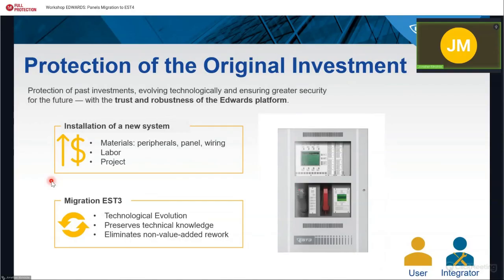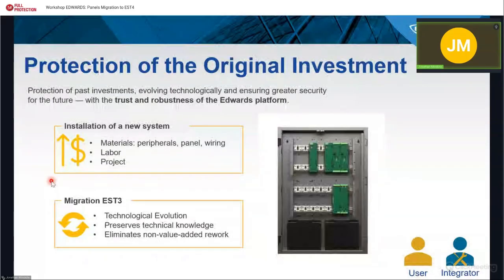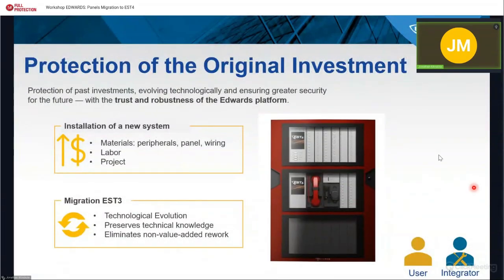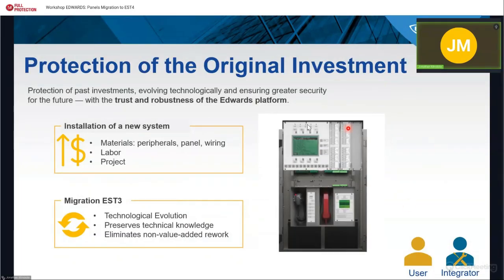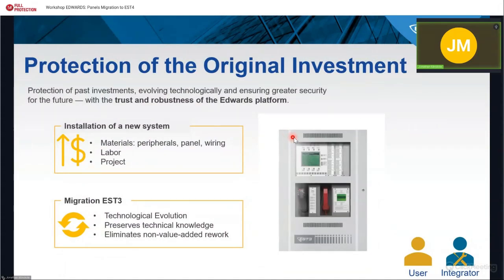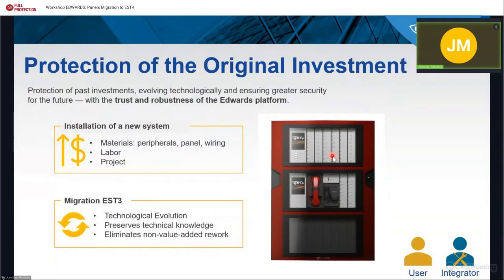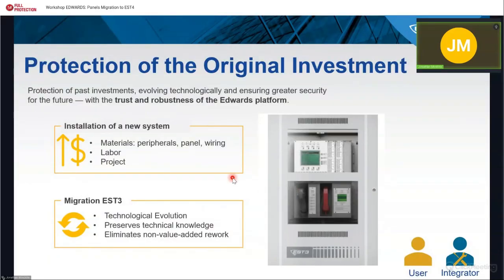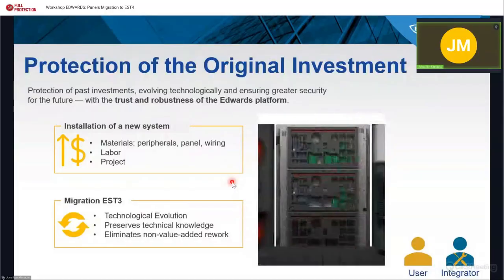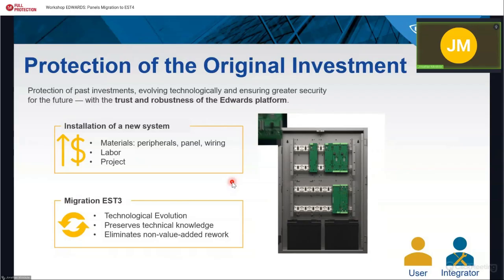So the peripherals, detectors, modules, manual stations, you can reuse. You can reuse the loop cards. You can reuse the wiring of the project. You can reuse the amplifiers. If you can see this video, I'm showing you that you only have to change the CPU and the LCD touch screen, and you can reuse the same cards that you have in the hardware layer. So to receive all the benefits of the EST4, you only have to change a few cards in the panel,